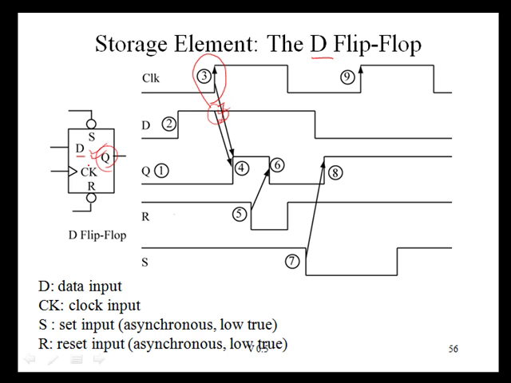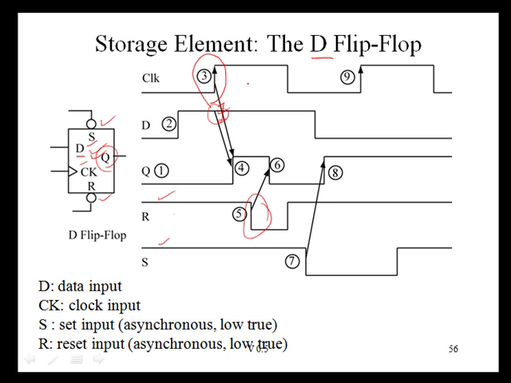A D flip-flop can have other inputs besides the D and clock. It can have something called asynchronous inputs. In this case, this flip-flop is shown with an asynchronous set and asynchronous reset. The bubbles on these inputs mean that these signals are low true, which means that when they're in the high state as shown here, they're inactive. Here the reset line goes low, which means it's active. It's called an asynchronous reset